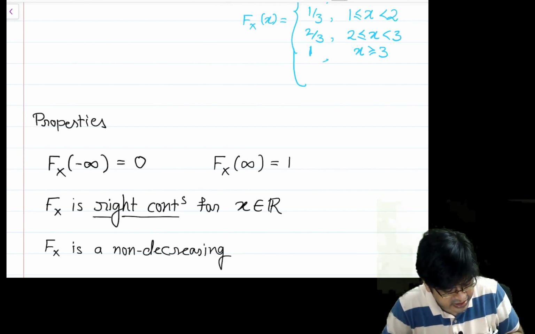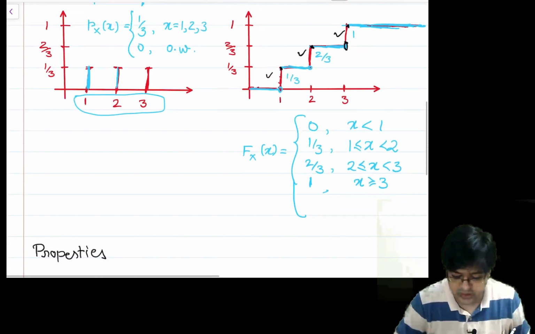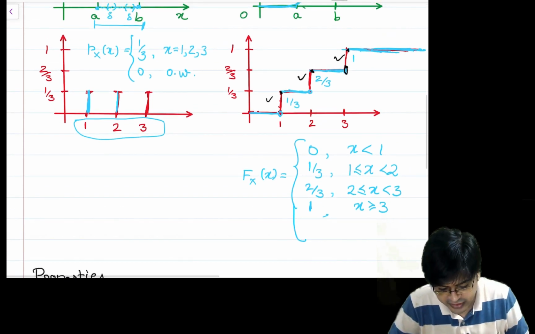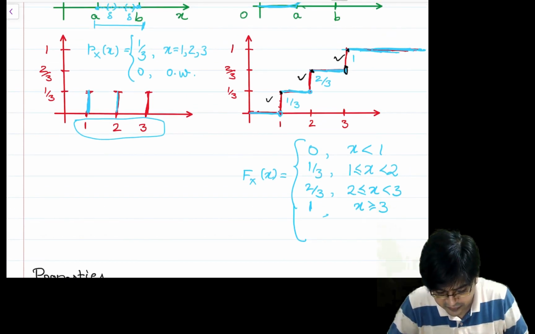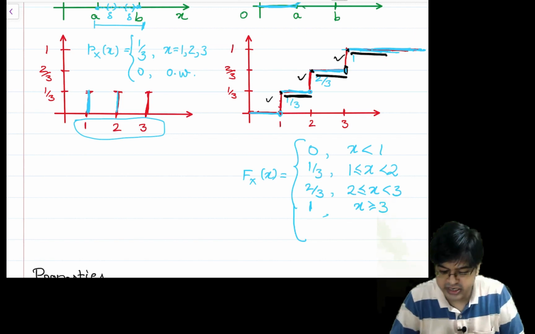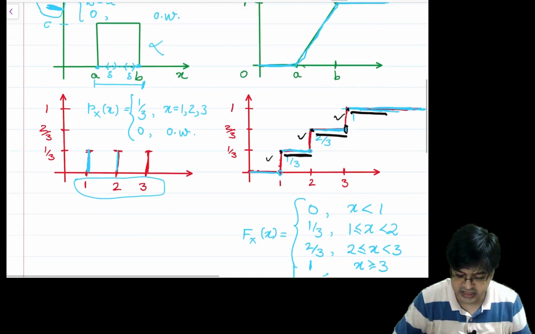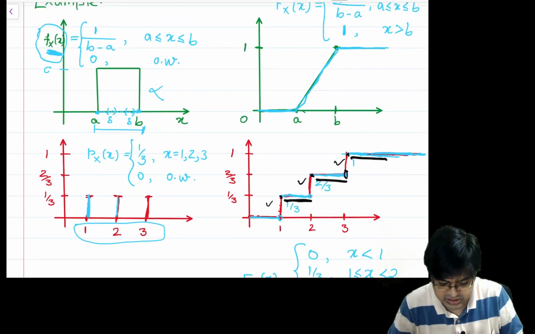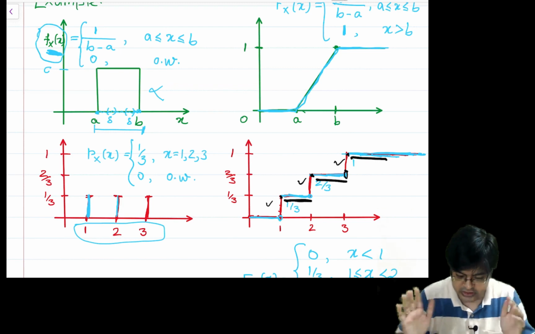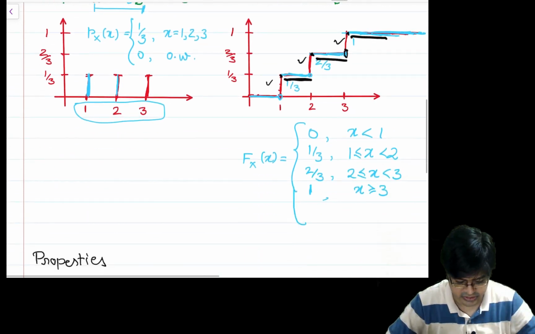Why am I not saying it is an increasing function? Again, the reason being, you look at a discrete random variable. It stays flat where it is equal. All these are flat. So there it is not decreasing, but it is staying there. But if you look at continuous random variables, it shows some increase and then stays flat. So on the safer side, I will say it is a non-decreasing function. So this is a property.